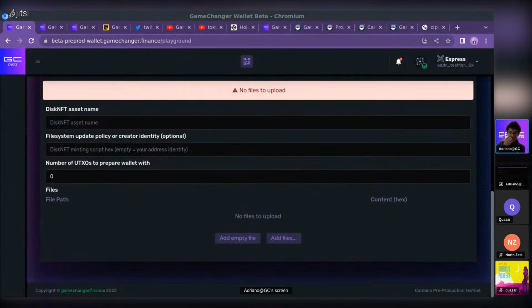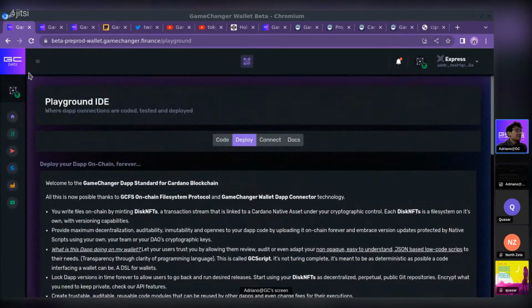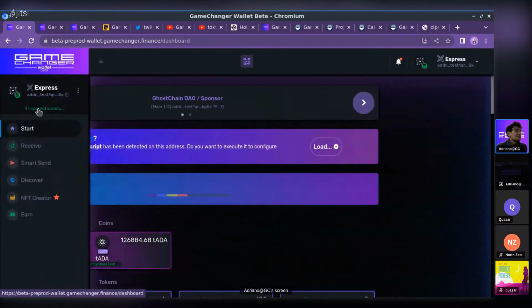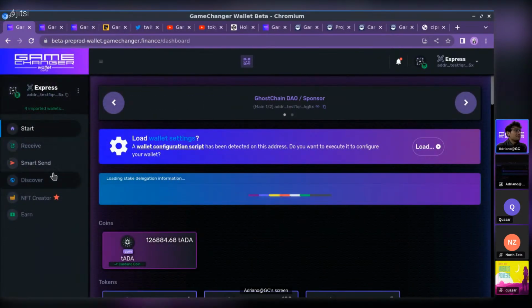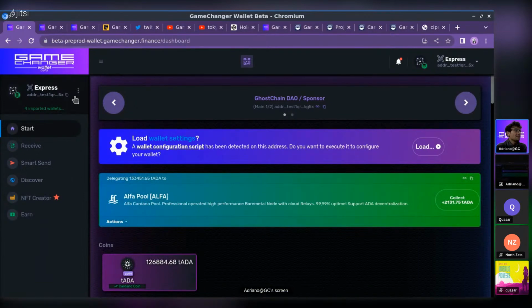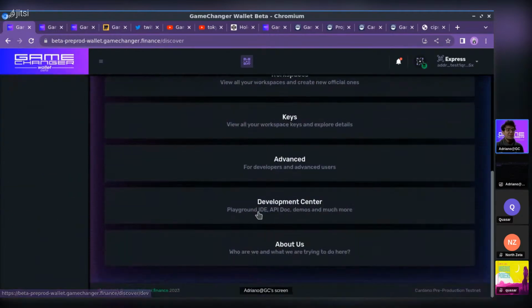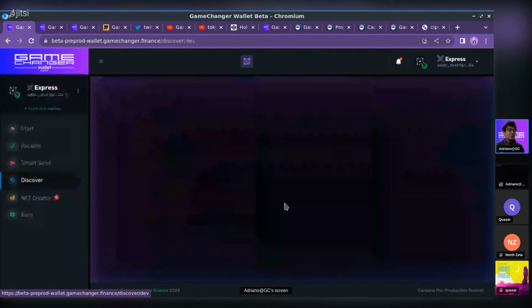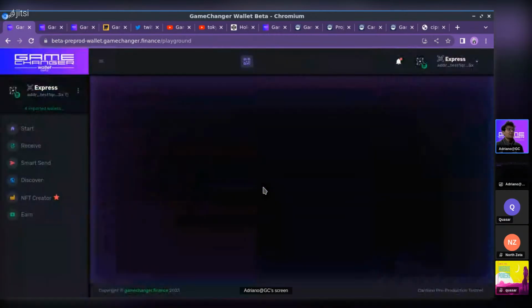So we kept our promise for today's topic. I will be covering this quickly. Okay, I will be reusing this wallet. The idea of today's session was to